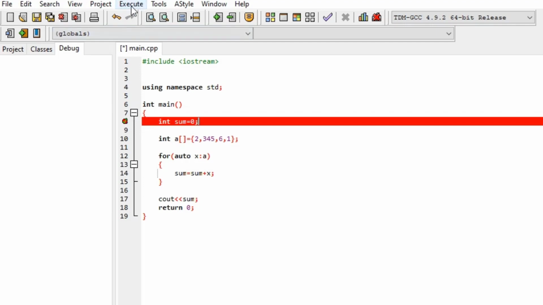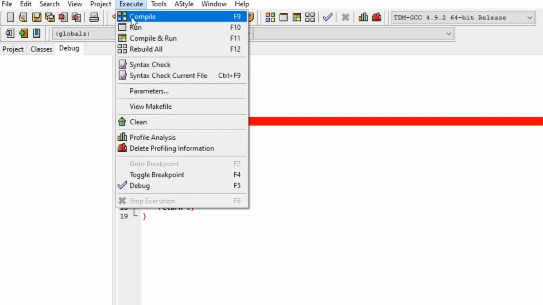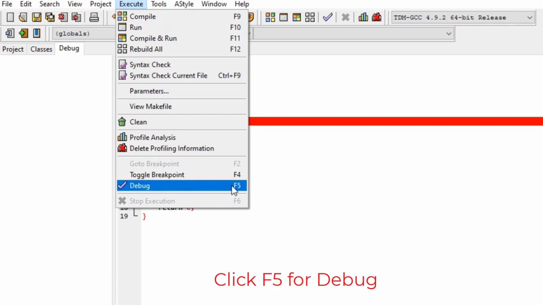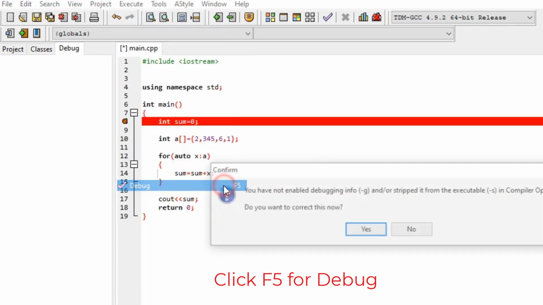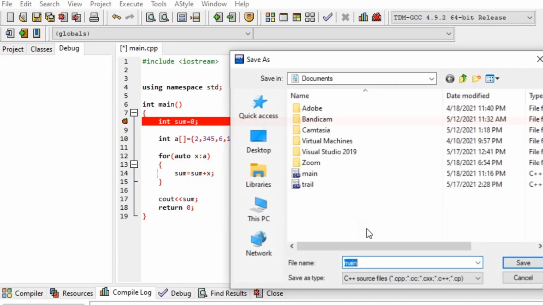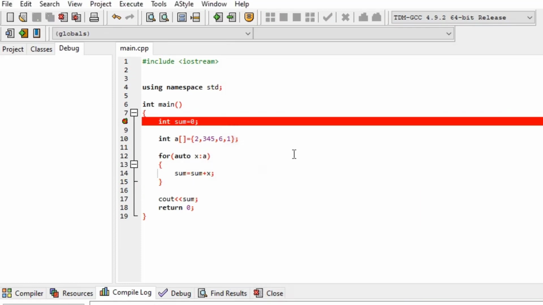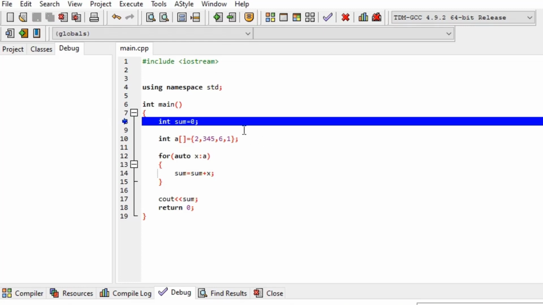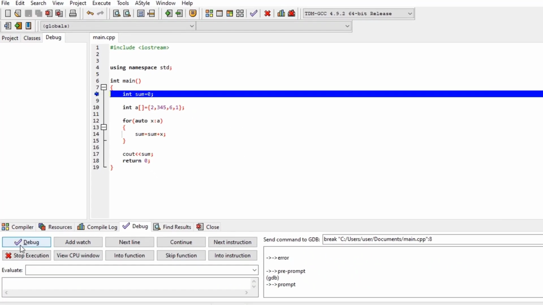Go to Execute. Whenever we want the debugger, we click on Debug or press F5, and the debug will be on. Click on debug, save main, replace it. Okay, here the debug is on. Here you can see the debug options came at the bottom.